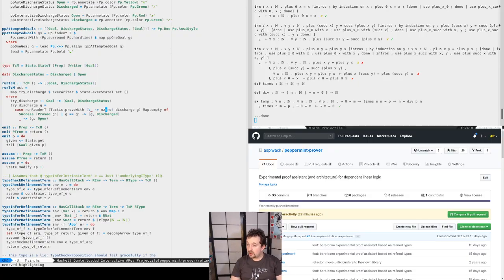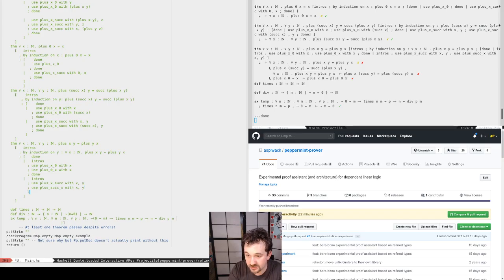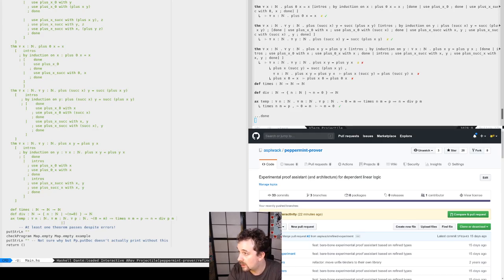Now none of the goals can be... Oh yeah, the goals are reversed. I need to address that too. I need to figure out why I reversed the goal. The one on the bottom is the one on the top, and it should... and yeah, the one on top probably lacks a don, I think. Oops. No, it was not that. Okay.